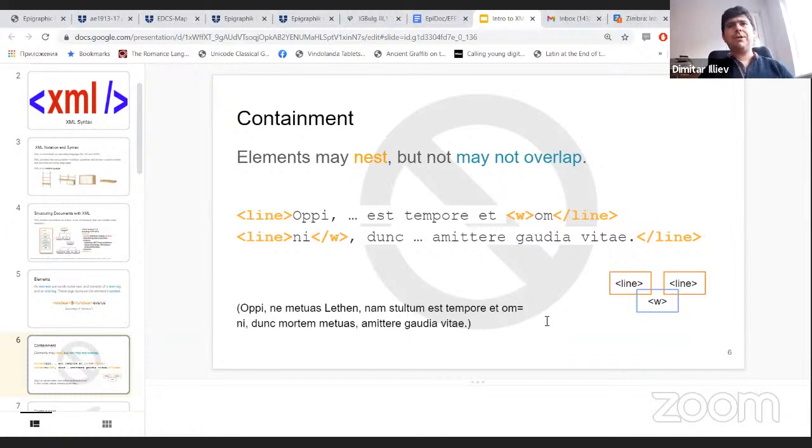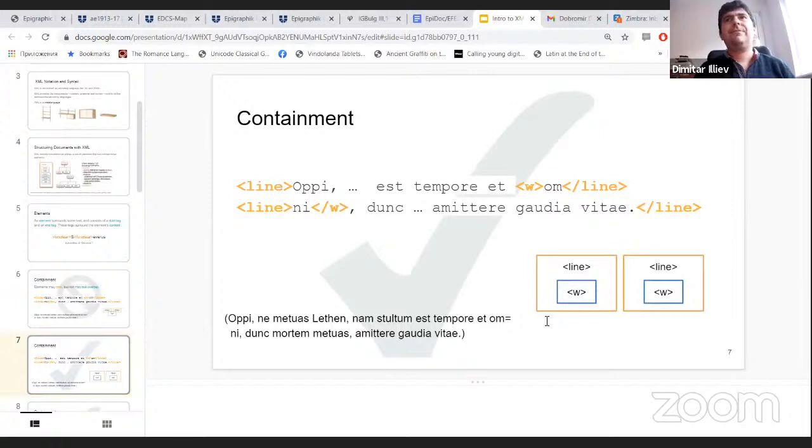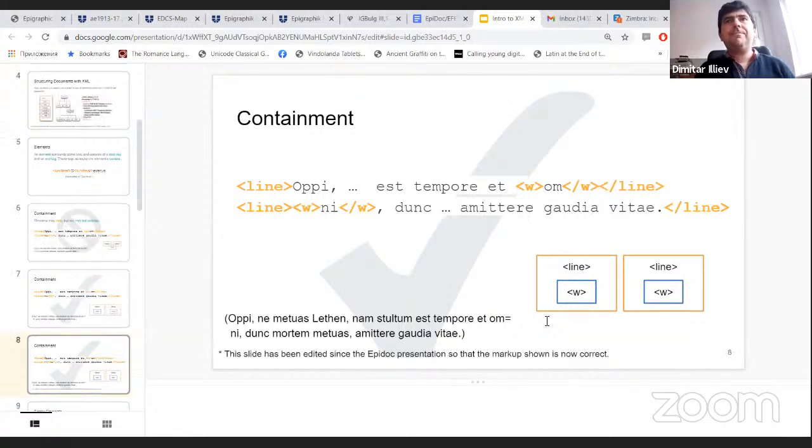Here there is a clear example of that. There is a word element, which is signaled by the opening tag W and the closing tag /W, which should be entirely contained within the line element. If you present them in a tree-like structure, line will be the parent element and word will be the daughter element. So yes, as you can see here,